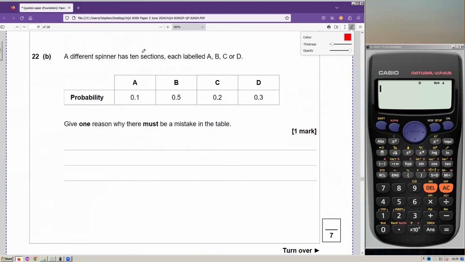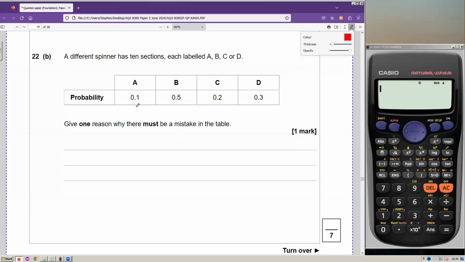A different spinner has 10 sections, each labelled A, B, C, or D. Give one reason why there must be a mistake in the table. Whenever you see these are nearly always that it doesn't add up to 1. Right, it's got 10 sections. They're all labelled A, B, C, or D. They may be labelled more than once, but these are supposed to be the probabilities